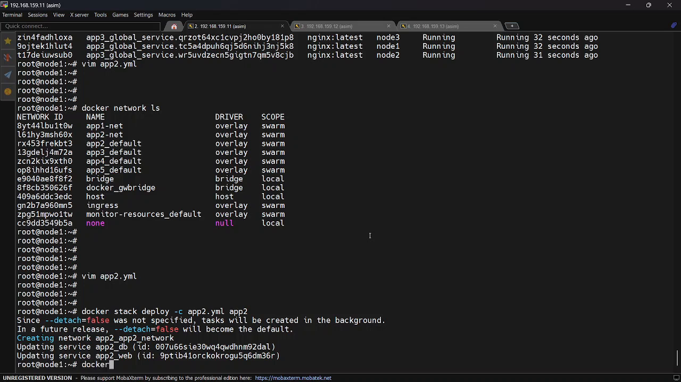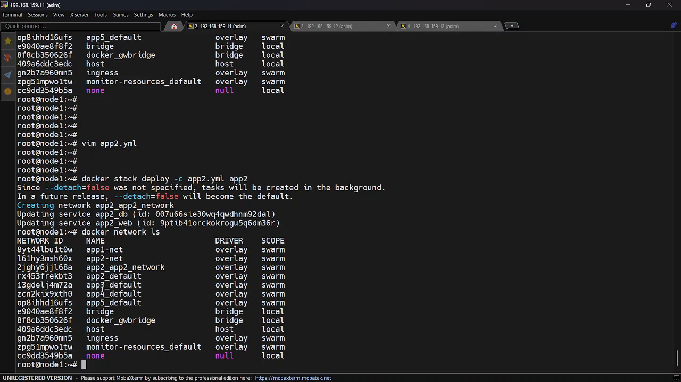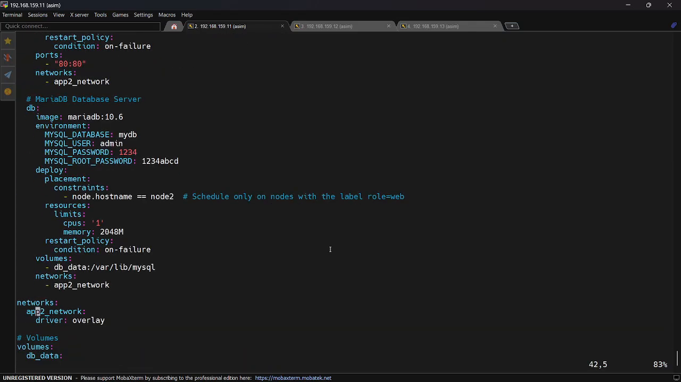Docker network ls. This new network is created with the name app2 network because it is using the combination of the stack name and the name we defined in the file. So it should be like app2, and it is automatically self-explanatory. So I can say only network,